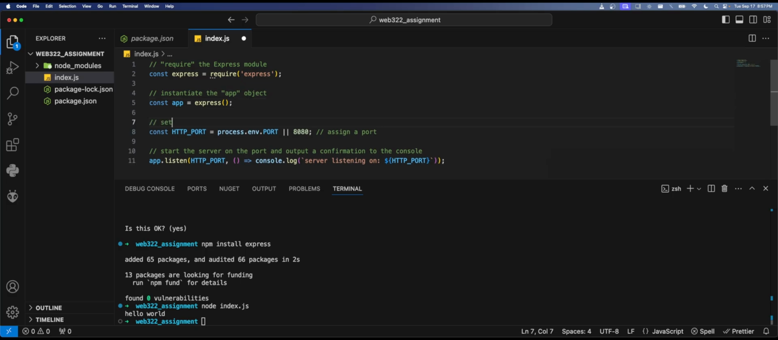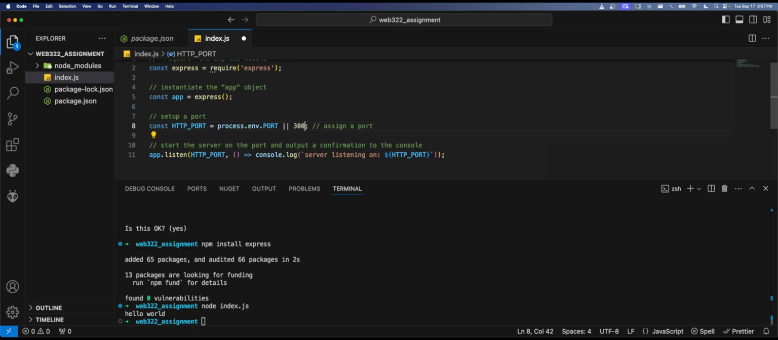And then I'm just going to set up a port. And don't worry too much about this. We'll come back to environment variables shortly. And they picked 8080. It doesn't really matter. I'll pick 3000. And then we're going to start